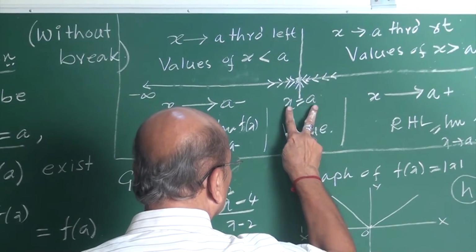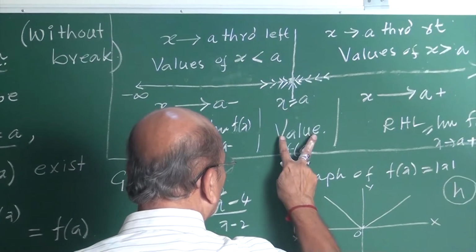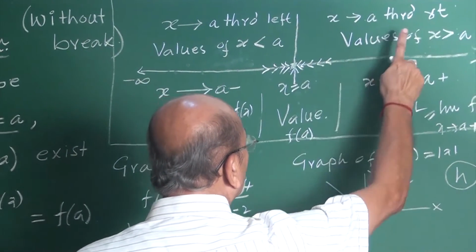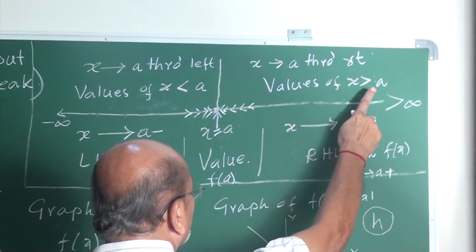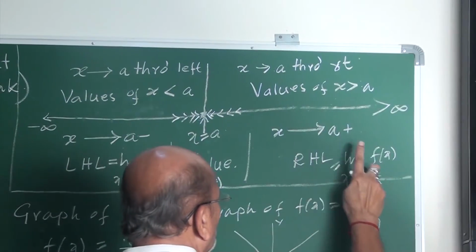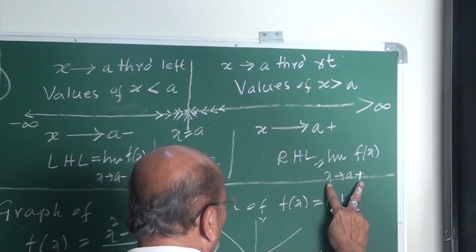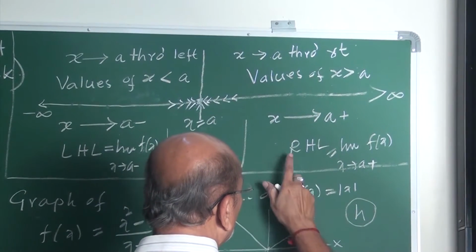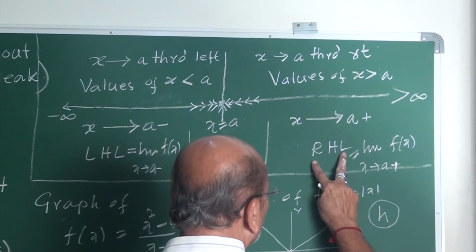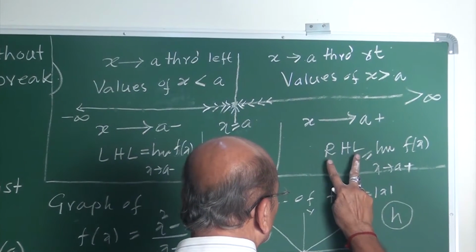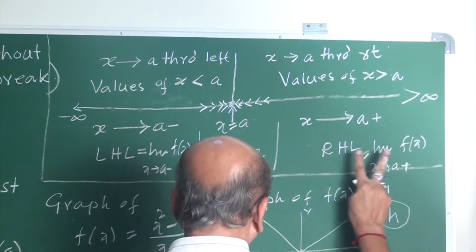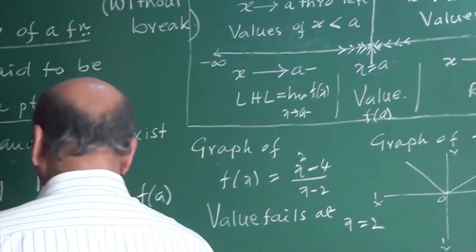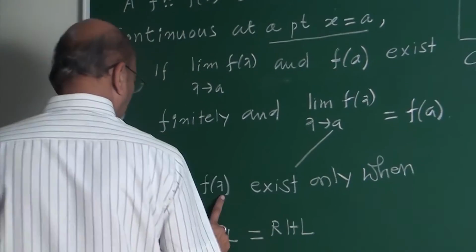If it exists, the value of the function at x equal to A is written with the symbol f(A). On this side, for x greater than A, the limit of f(x) as x tends to A plus, if this limit exists, is called the right hand limit, written in brief as RHL. So RHL is this, LHL is this, and the limit of a function f(x) as x